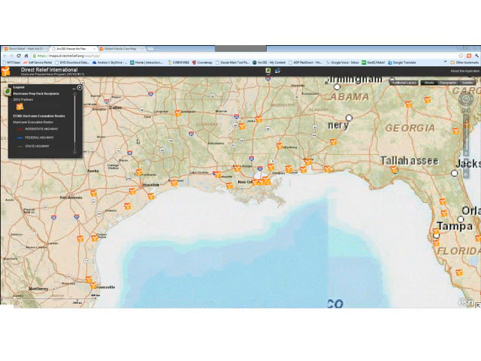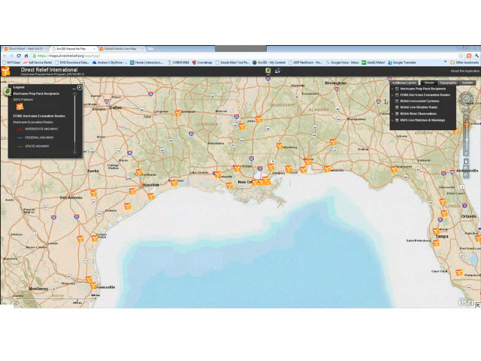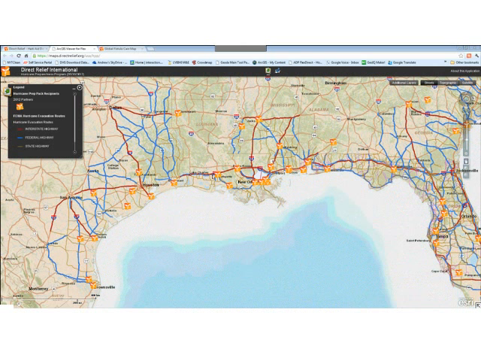say evacuation routes. So this is pulling from a web service that FEMA publishes that we can grab from FEMA's website, and can look at where our clinics are relative to where posted evacuation routes are.